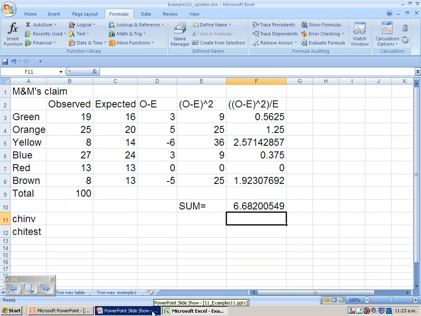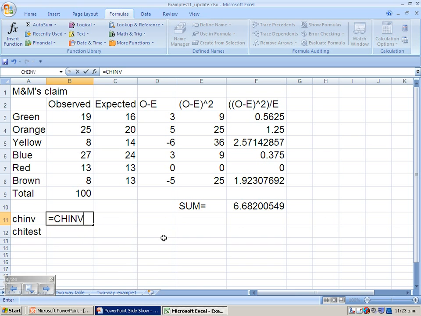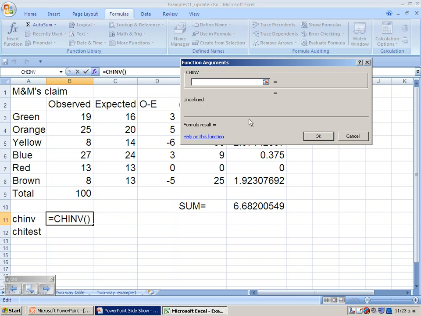Now, in order to make a decision based on that chi-square statistic, we need to find our critical value for chi-square. Excel allows us to find a critical value for chi-square using exactly the same form as in all the previous ones we've done, CHINV. This will ask us for